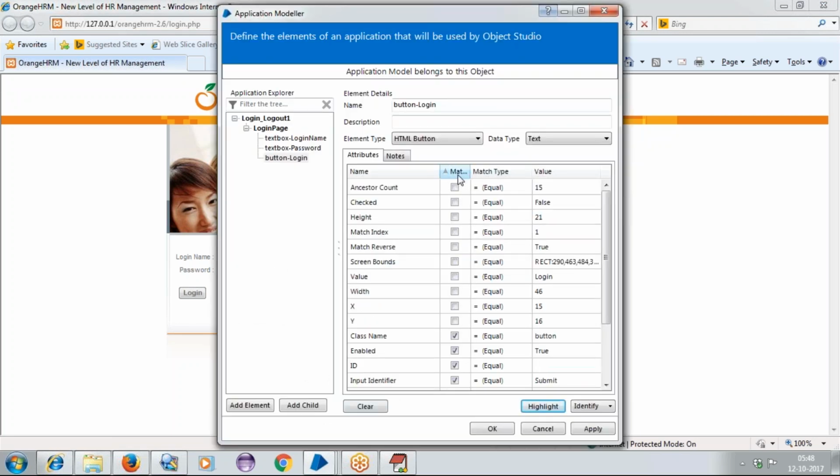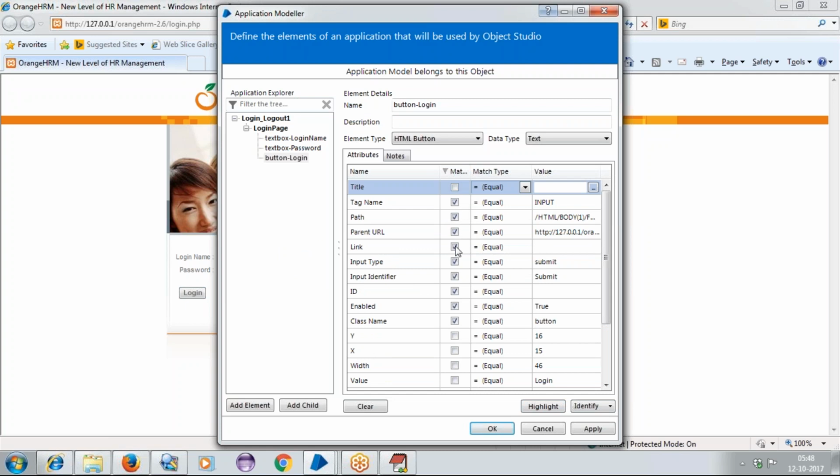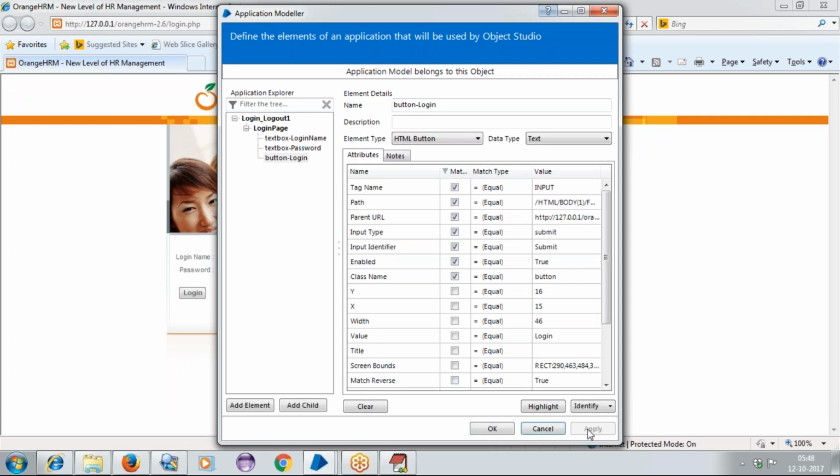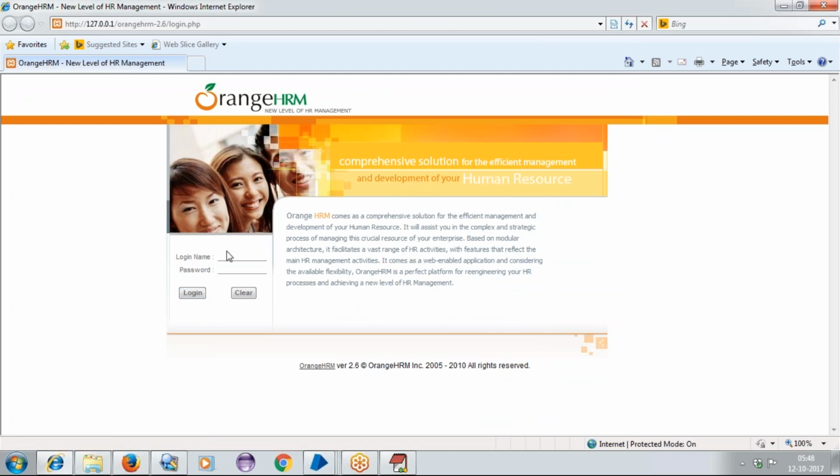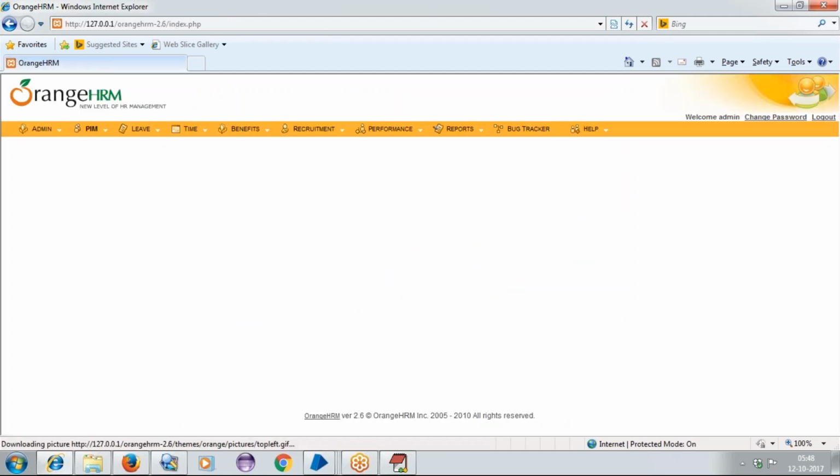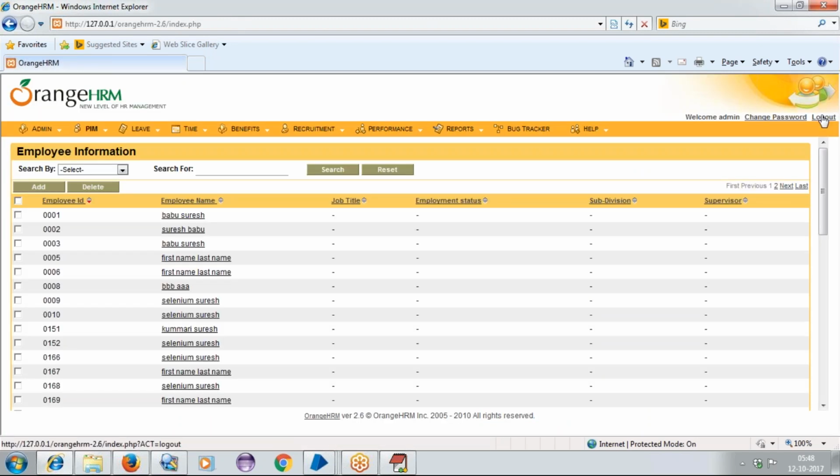And again, I'll be doing the same process here. Make an uncheck of this. Fine. Click on apply and then okay, still we require here. Now we're done with the login. After that, we need to take the logout activities. For logout activities also, we need to take this logout option. Once we're done with the login, we can consider this like a home page here. We need to get this home page recognized also.